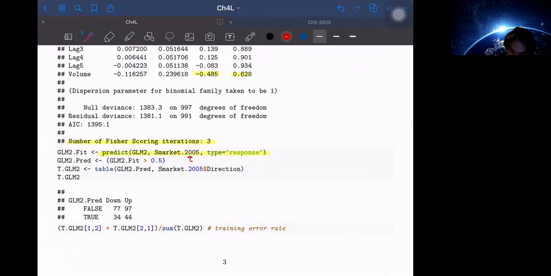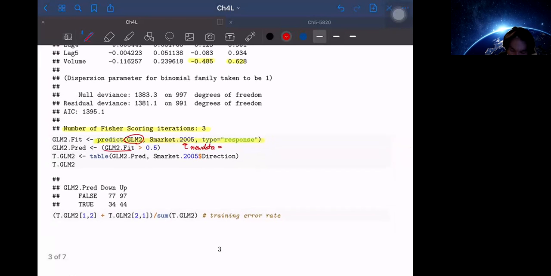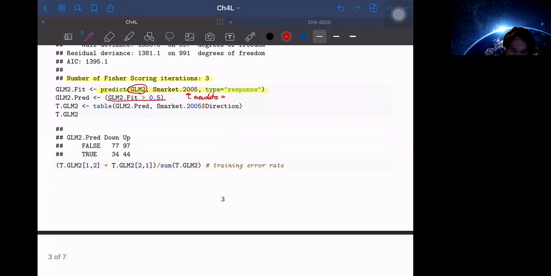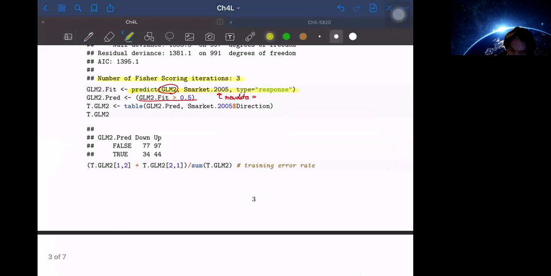So this is the new data, basically. You can also write new data is equal to smarkets.2005. So basically, we use the estimated model. This is trained from 2001 to 2004 data, but we now plug in numbers for the new data. In this way we can do prediction. Then we set a 0.5 threshold and make the same table. And actually, it does not look good because the error rate